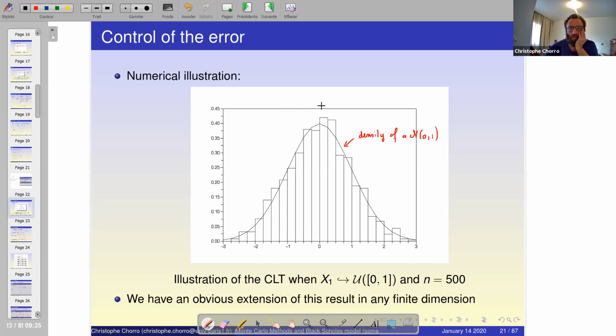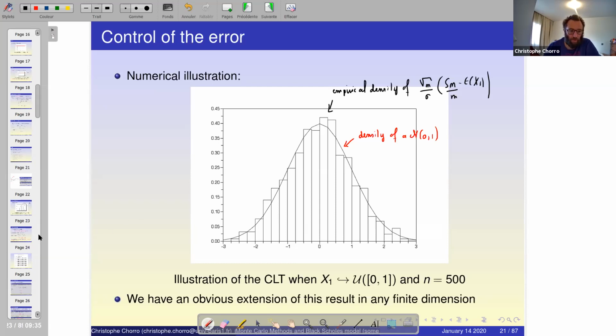Here you have the empirical density of square root of n over sigma, Sn over n minus the expectation of x1, and I see that they coincide in a good way. Okay, and what is nice with the central limit theorem is that